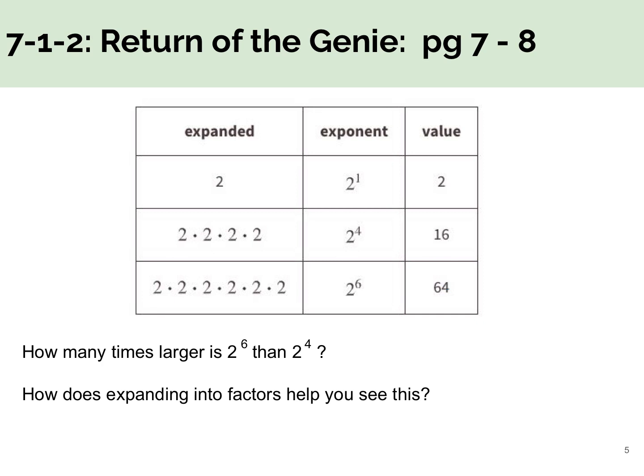So again, we could say, how many times larger is 2 to the 6th than 2 to the 4th? If we think about it, 2 to the 6th has 2 more 2s than 2 to the 4th. So how many times more does it have? Well, we're going to say 2 to the 2nd, and that's 2 times 2. So then that would be 4. So it has 4 times